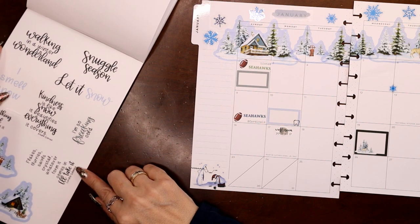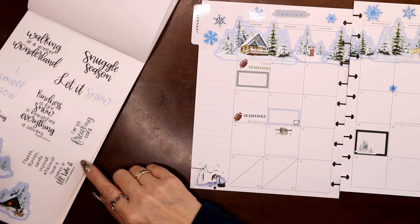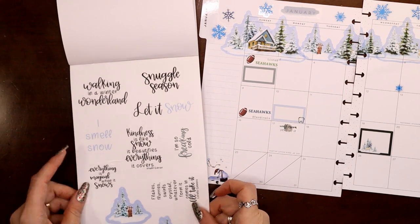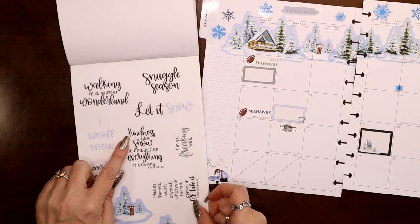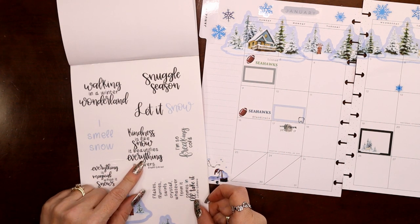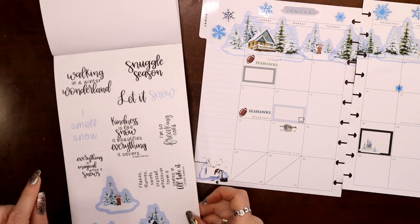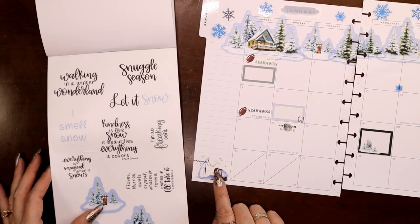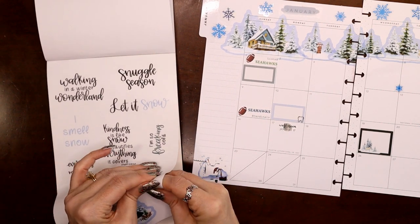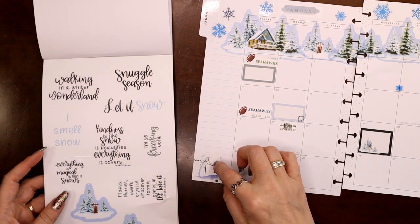Flakes, flurries, swirls, crystal, whatever form it comes in, I'll take it. I love that. Kindness is like snow. It beautifies everything it covers. I might save that one for my wellness. Everything is magical when it snows. I might put that down here by these 2 guys. So okay, let's go ahead and do 2 quotes. I'm gonna put one up here, and then we'll put some snowflakes, and we'll put the other one down here,